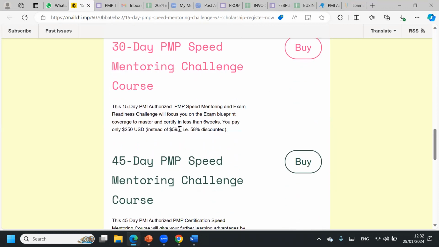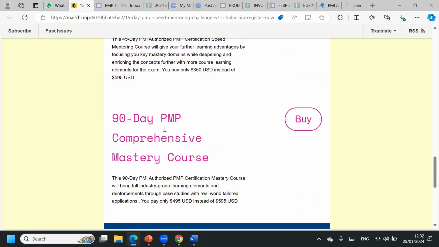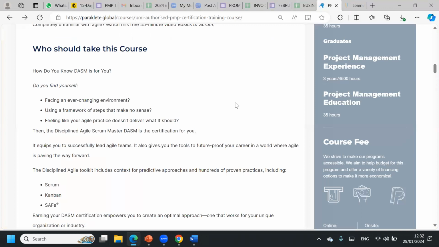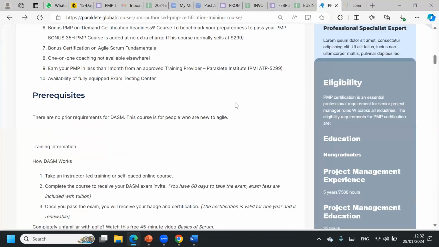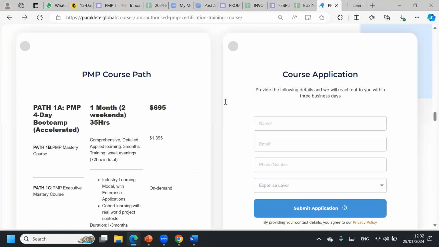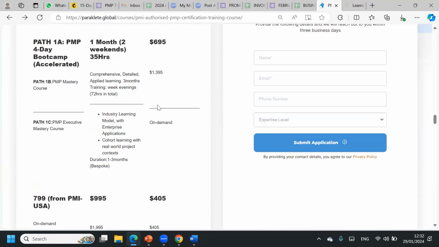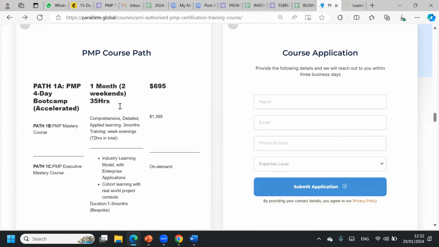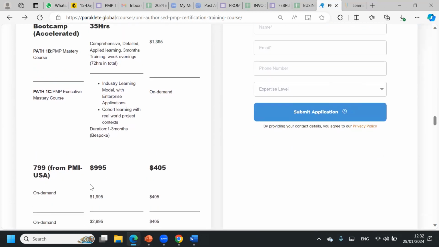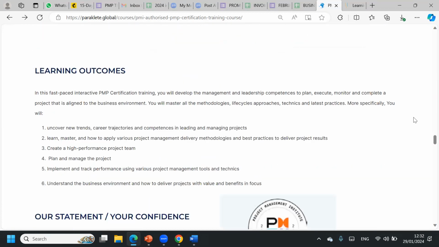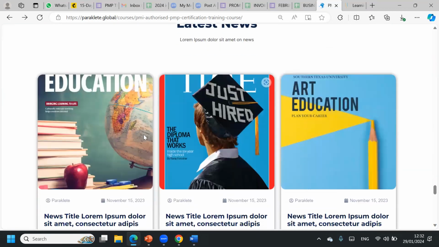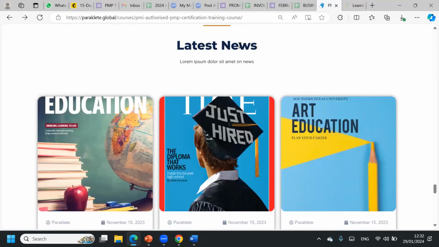We did 30 days PMP speed mentoring challenge course. Buy. The course is there. Brief description. 45-day, 90-day. So this could be added, brought to this multi-tab level here. Yes, create multi-tabs here of maybe 3 blocks or 4 blocks and give the brief rundown of the course and buy. The last block of multi-tab blocks, that's how I call it, would be enterprise